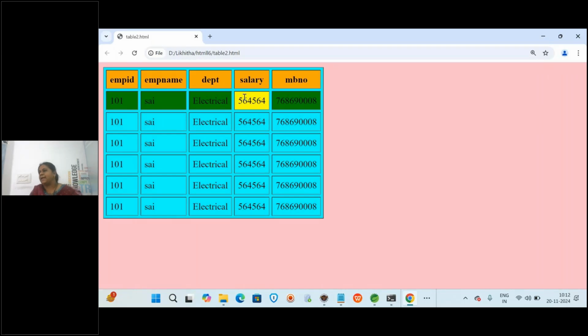So the bgcolor attribute can be given for the body tag, table tag, tr tag, wherever you want, you can provide it for that particular item. So for that, the background color will be changed. In CSS, when we learn, instead of writing for everything, we can write all of them together and run it. So the code will be less, because if in every row you want a color, in even rows one color and odd rows one color, those are also possible with CSS, but that we'll see a little later.